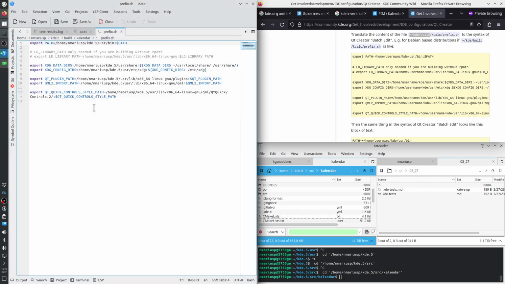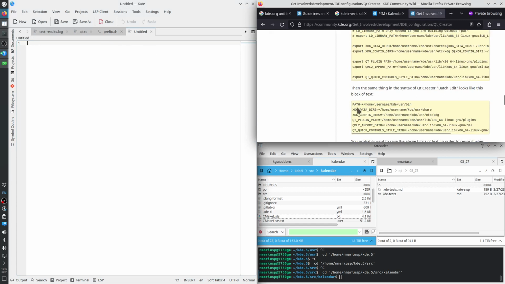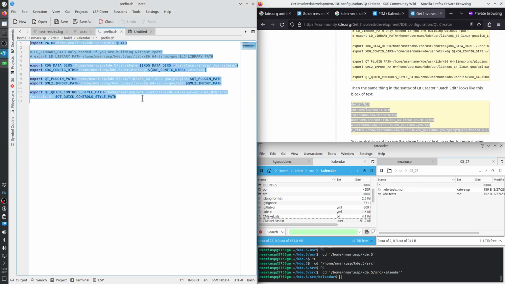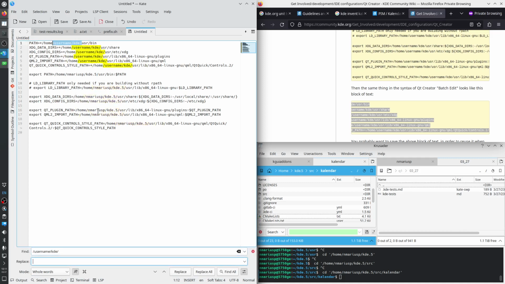Okay, I have the prefix, and now I create a new file, Control N. I need a syntax like this out of the prefix. So how do I do that? Well, my username is this, and the KDE directory in my case is different, so I need to replace that. Control R, tab, Control V,